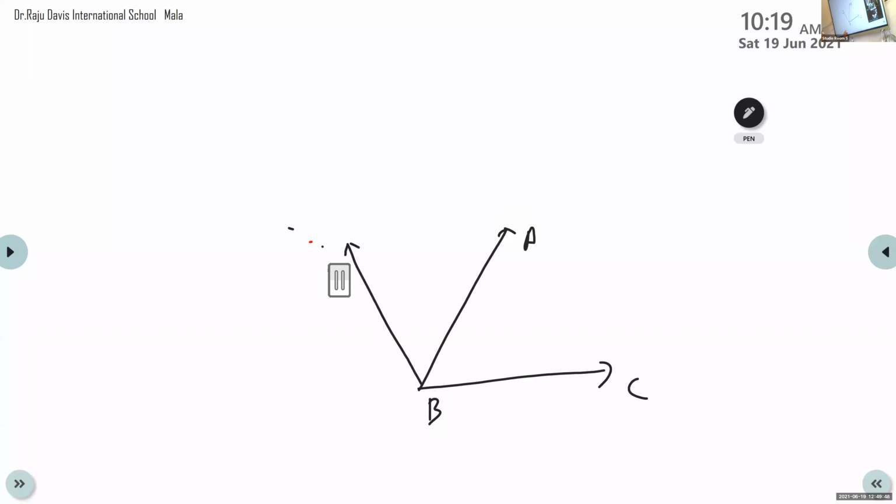So here one angle is there. What is the name of this angle? A, B, C. A, B, C is one angle. The second angle also has the vertex B: A, B, D. One more big angle is there, because if you look here, it also forms an angle. Forget about this ray. D is here, B is here, C is here: D, B, C.